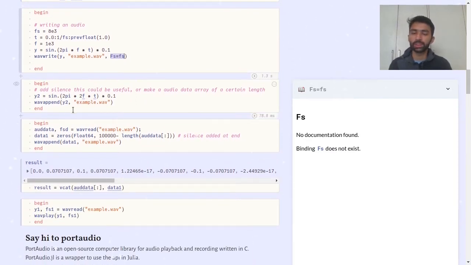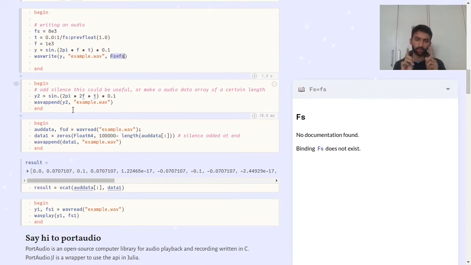Moving on to the next part, sometimes we want to append to a file rather than completely change it. So like we have an audio file, then we want to add to the back of it. We can use wavappend. It's mainly useful when you want to add silence. Suppose there is an audio array which is like let's say 15,000 samples, and it's 0.8 seconds or something, and you want to make it 1 second.